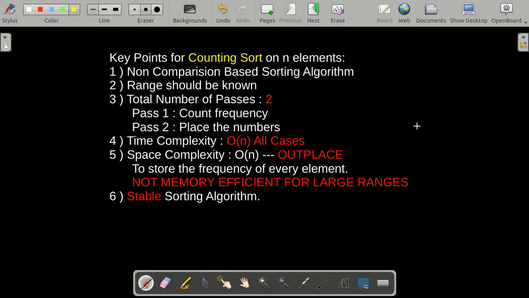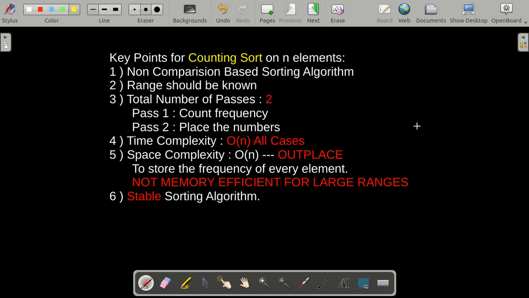Fourth, since only 2 passes are required, the time complexity for counting sort is order of n for all the cases. Fifth, the space complexity of counting sort is order of n, and since it is greater than order of log n, it is called an out-of-place sorting algorithm. It is order of n because we need an array in order to store the frequency of the elements.